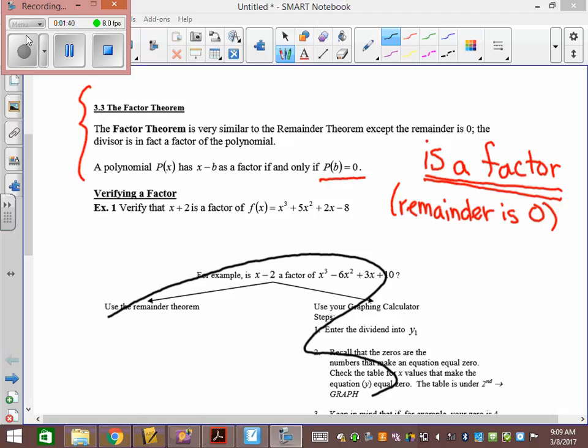We're going to verify that x plus 2 is a factor. So if we read "is a factor,"